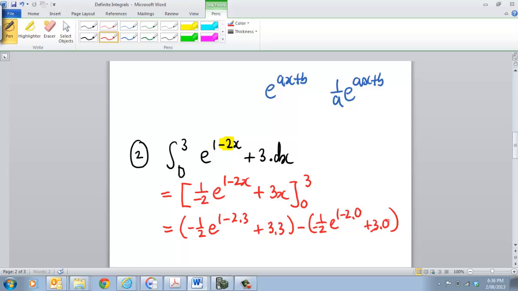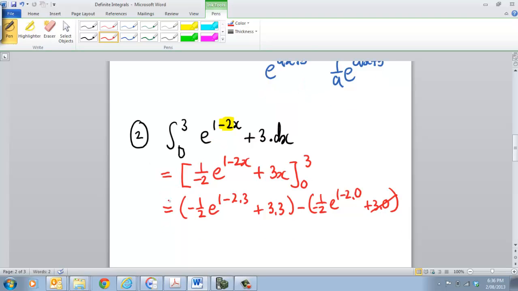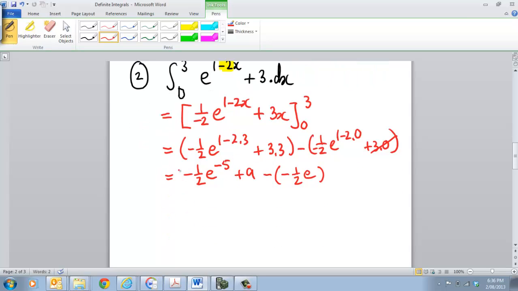Now obviously that goes out, then I can write this as simply equal to -1/2 e to the, now that's going to be 1 take 6, that's going to be -5, and then that's going to be plus 9. Then I'm going to be taking away, that's going to be a -1/2, now that's going to be e to the 1, and that's going to be 0. Alright, so I probably really didn't need to use a bracket, but the idea of not losing the negative there, so that's going to give me,